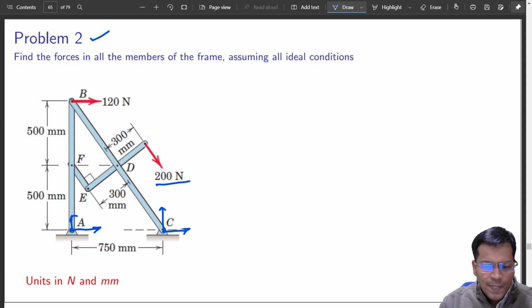Actually, if this point is frozen, I have assumed. If this point is frozen, you cannot change the distance between these two, right? Yes, but in this case, no. In this case, what is the scenario?